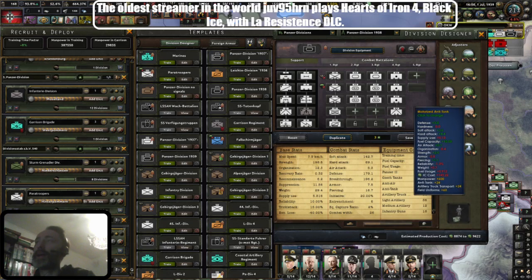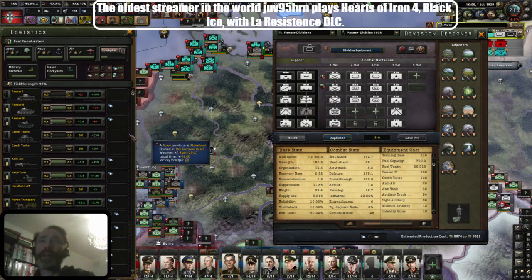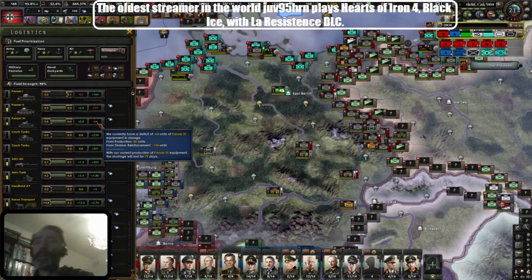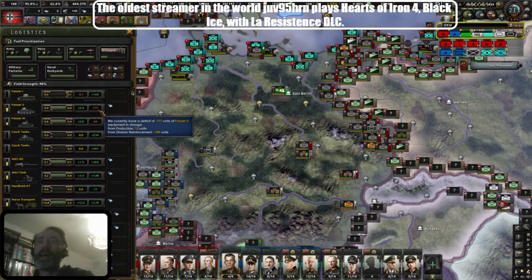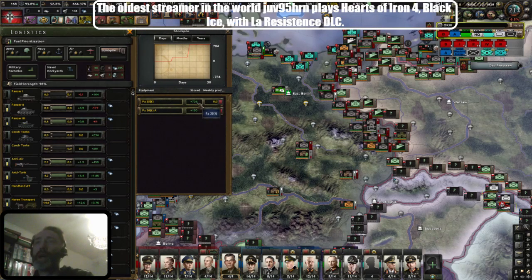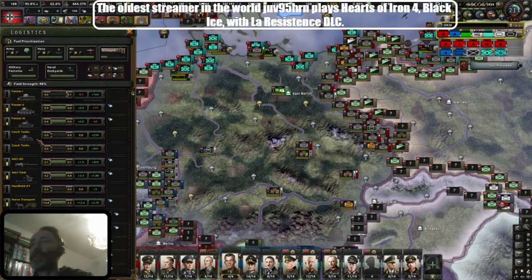But anyway, now when I unpause, I don't know if the pools are going to change, but I have a deficit of only 64 Panzer IIIs. I'm going to produce that fairly rapidly, 79 days it says. I have less of a deficit in Panzer IIs, and I think I used up quite a few of my Czech tanks that I got for free from annexing Czechoslovakia. It says I have a surplus of 234 units, but I have...